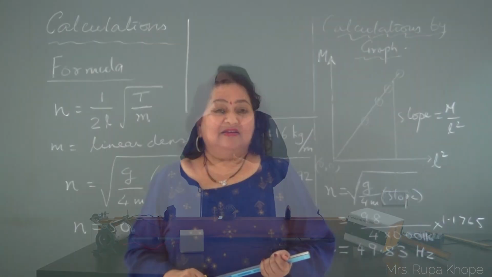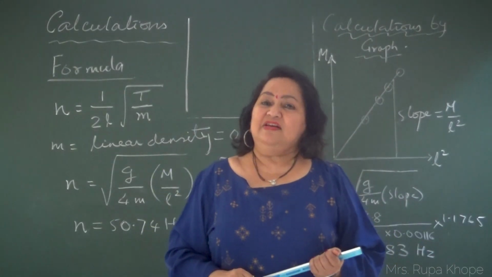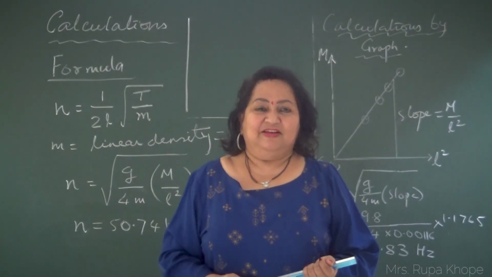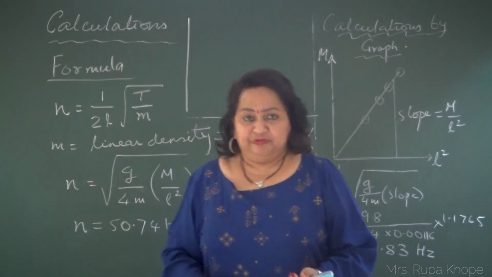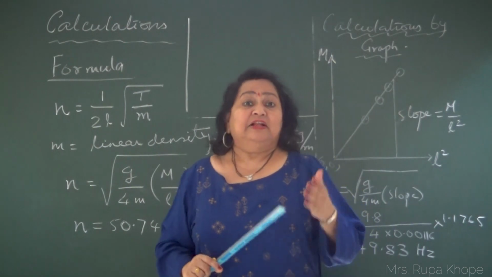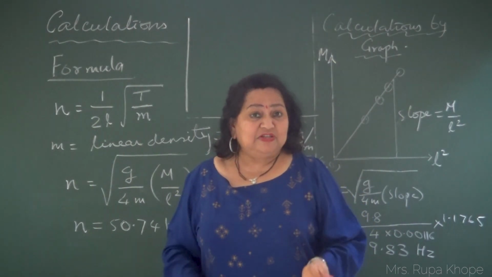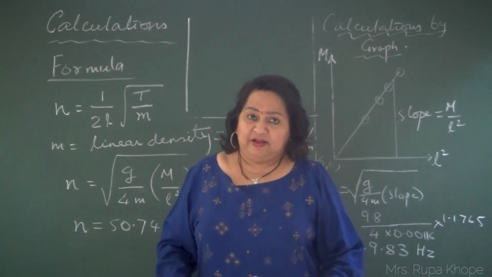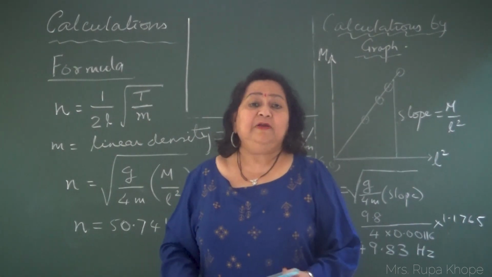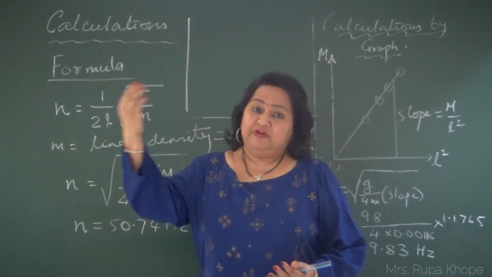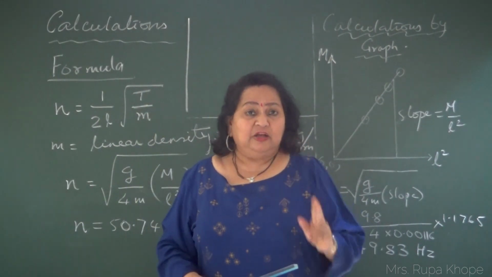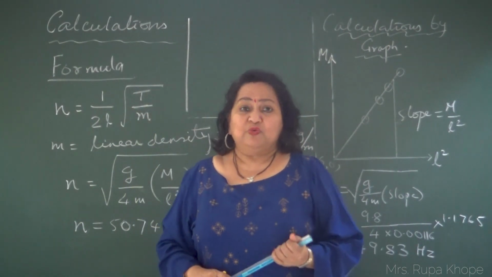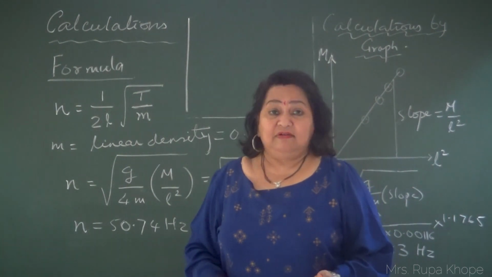So now we'll start with our calculations and graph. We need to find the frequency of AC mains. The frequency of AC mains is found at the time we have achieved resonance. So the natural frequency of the wire is equal to the frequency of AC, which is the forced vibration. When they are equal, there is resonance. So what is the actual frequency of the wire?